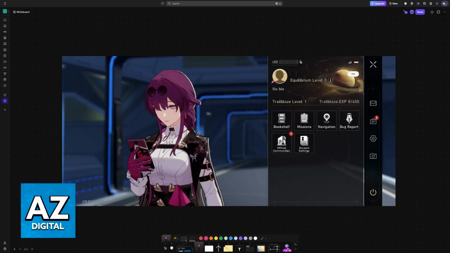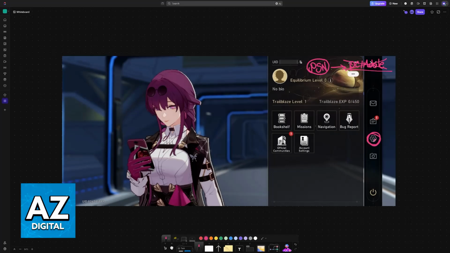Now, if you already have progress on your PlayStation account and you would like to transfer the progress from PlayStation to PC or mobile, then follow the instructions here. Keep in mind that by doing this, you will overwrite any progress that you have made on PC or mobile. So make sure that you only do this if you want to keep the progress that you have made when you played on PlayStation. Be careful following.